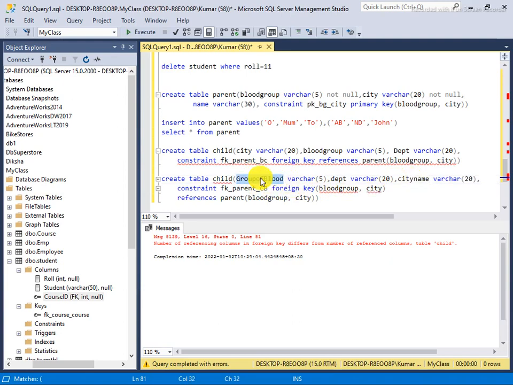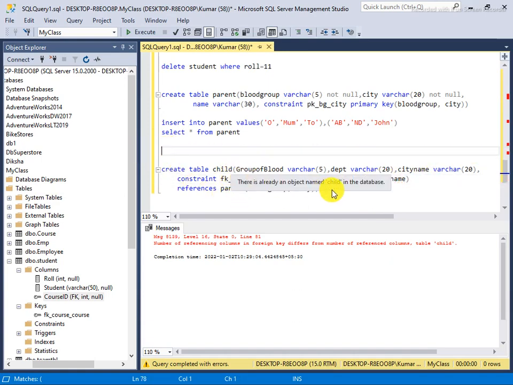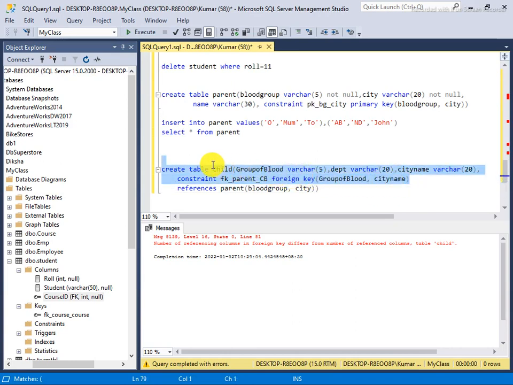So whatever is referred here must also be mentioned here, so that it is very clear which column of the child table itself is the foreign key. So here it's the parent table's column name, and here it's the child table's own column name. Okay, so now this time it will work.